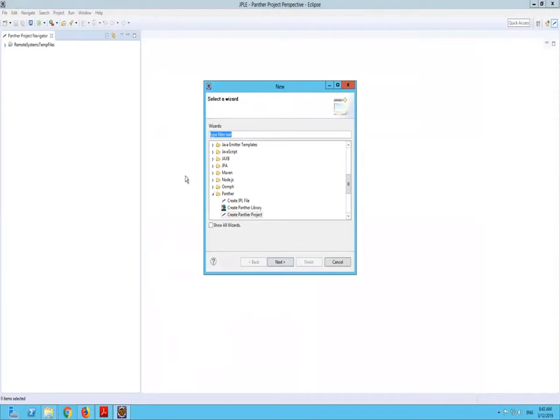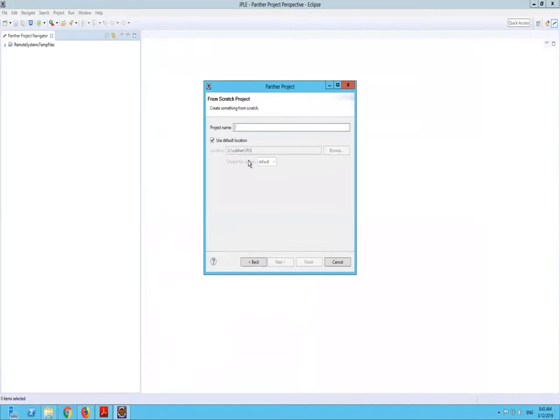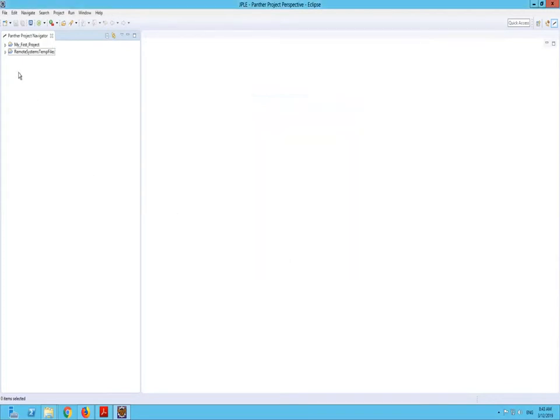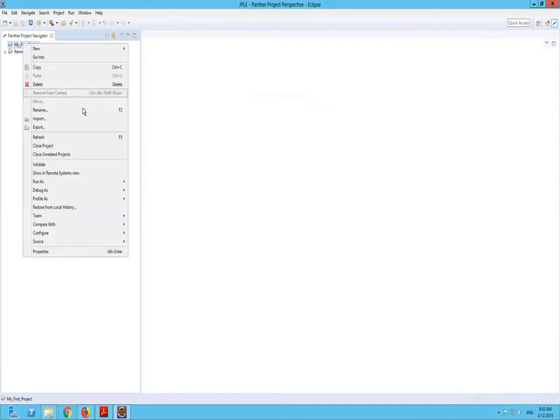Note that I went to the other option to see whether you can navigate all the way down to Panther and see here, or else you can just type Panther in here. It would just take you to the page where you can create a project. So now I'm clicking on creating a new project. My first project. Okay, click on finish. So basically this project will not be containing any files because it's all new, and you need to import it